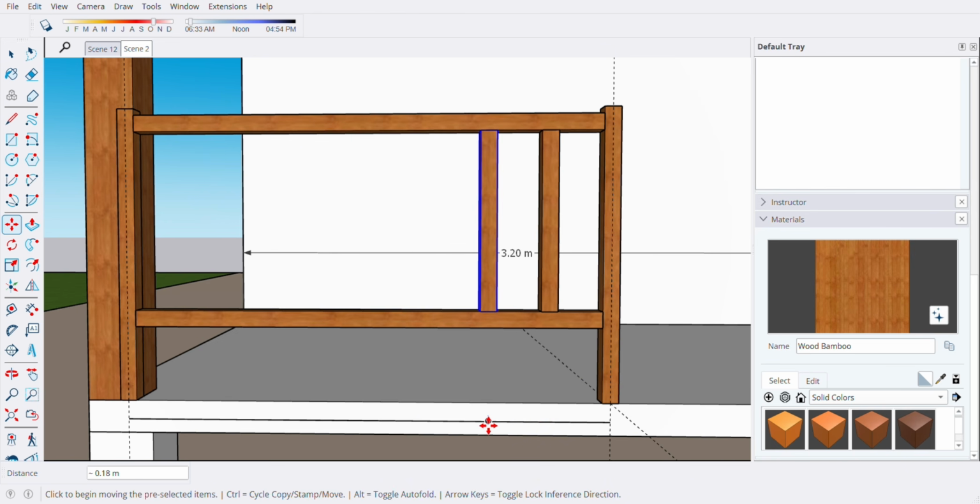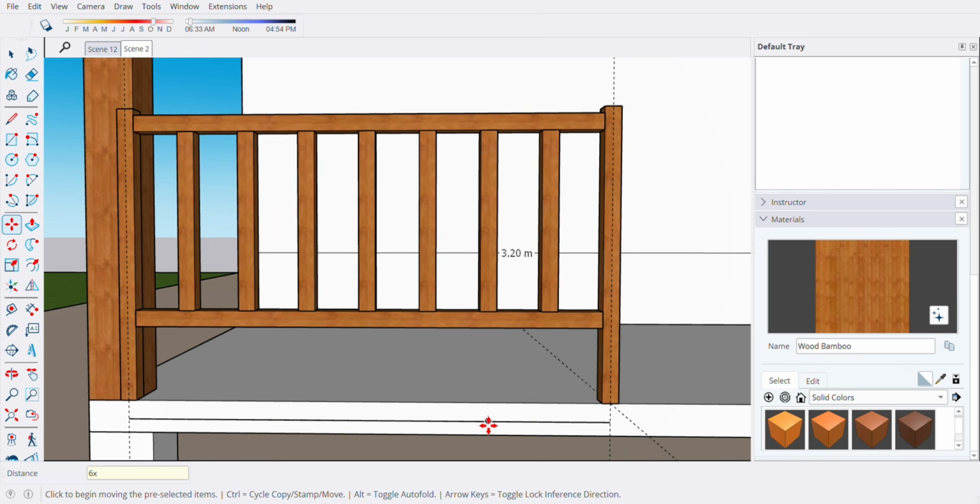So click here, and then immediately type 7 times. No, 6 times. Why? Because the line we divided by 8 minus 2, we have already drawn 2, so the remaining would be 6.